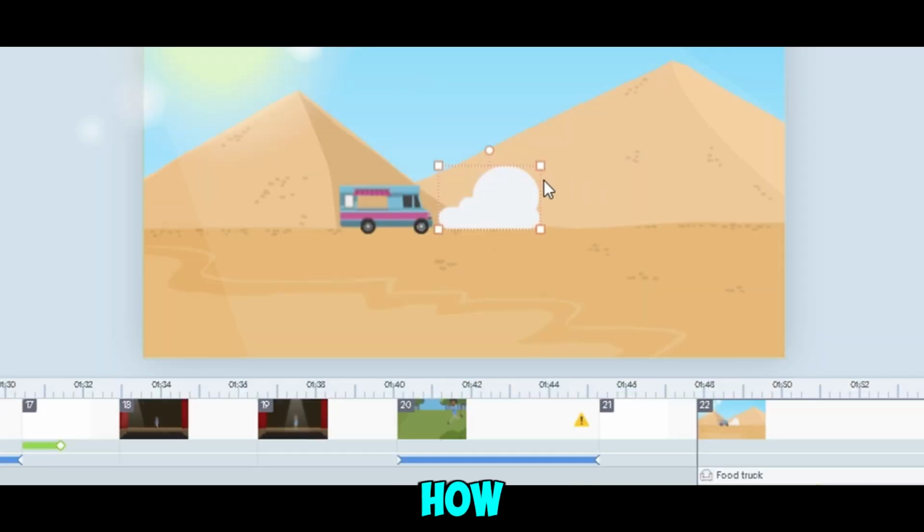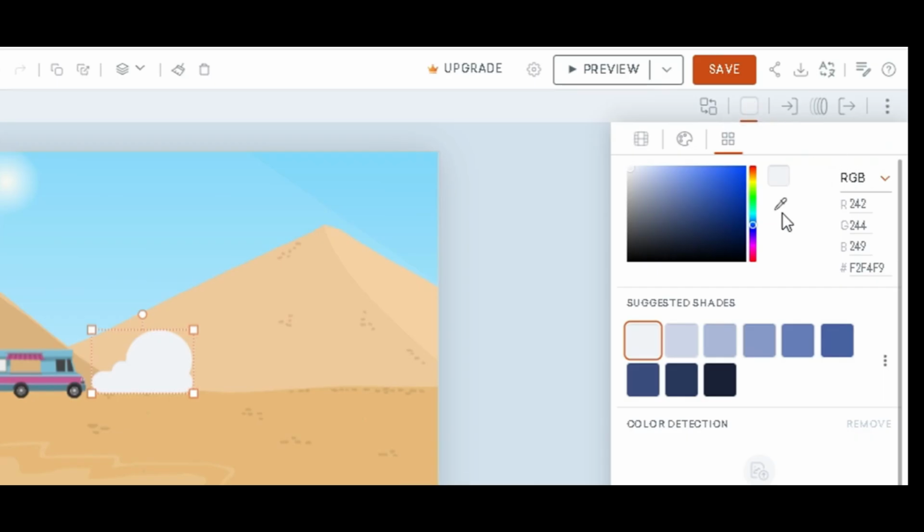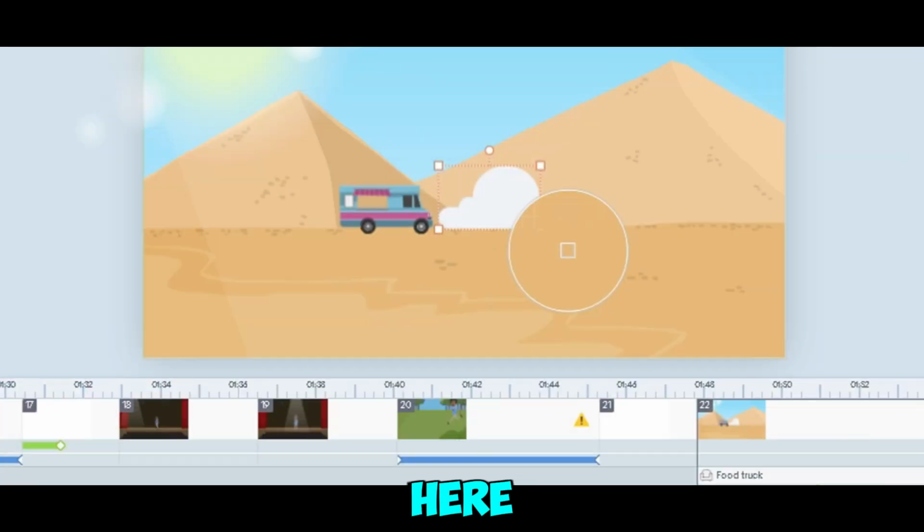Now, I'm gonna go ahead and show you how to do this with just an object, okay? Go up to the color, right? You can click on that. And then I want it to be the same color as the sand that the camper is driving on. So I'll take the eyedropper tool, go over here, and click on the sand. As you can see, it's pretty much the same color as the sand that they're driving on